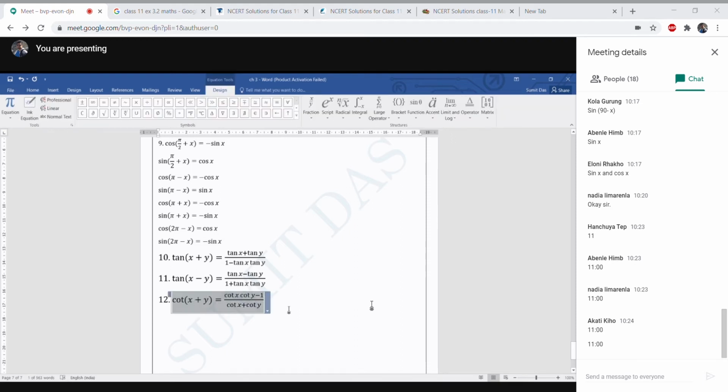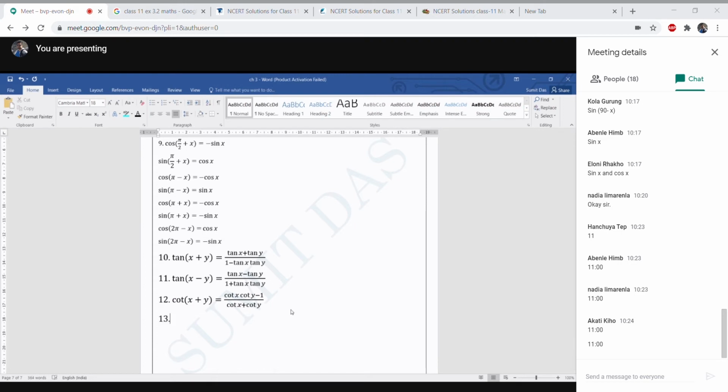Next formula, it will be cot (x minus y). So when it is minus, the numerator will be plus and the denominator will be minus sign. Okay,